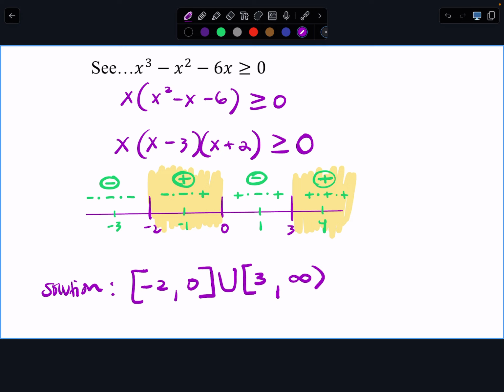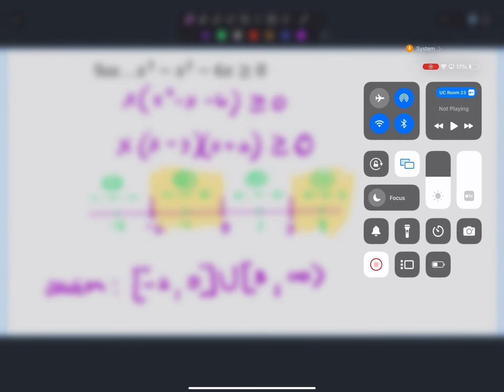Questions? So you're going to have some problems from 0.3 and then some problems just solving the polynomial inequalities from 0.4. Give me a second to get that